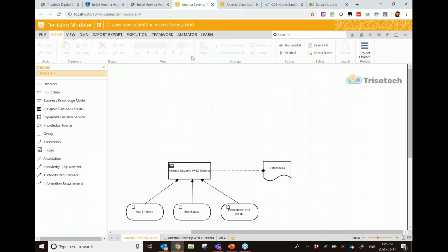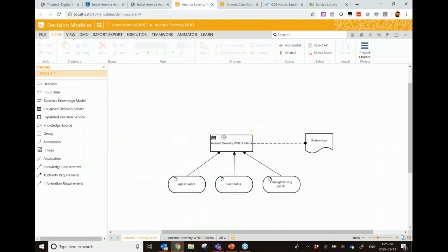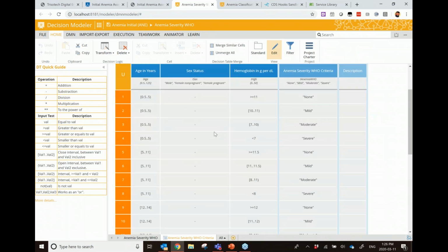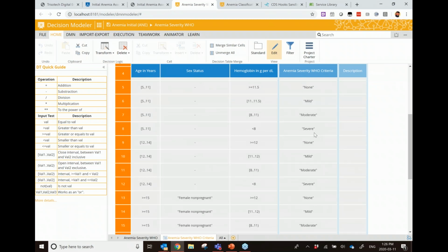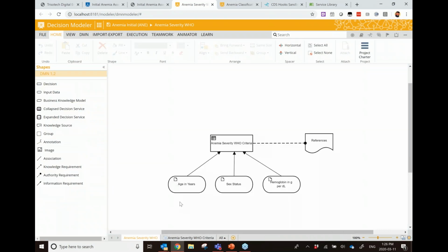The same is true about the decision model. As John was talking about, for example, here's the World Health Organization decision model, which requires as an input the age in years, the sex status, and the hemoglobin, and then has its logic defined with a decision table that leads to the various conclusions. And as you execute this decision,